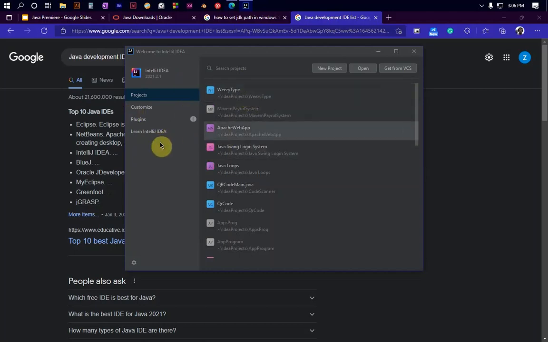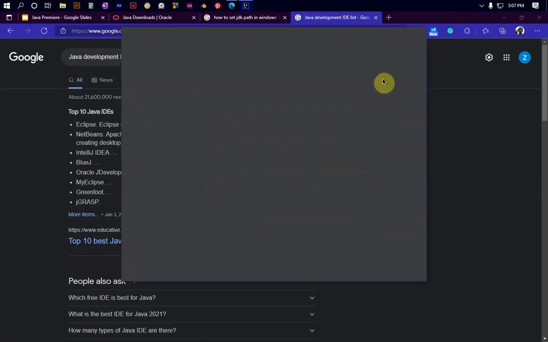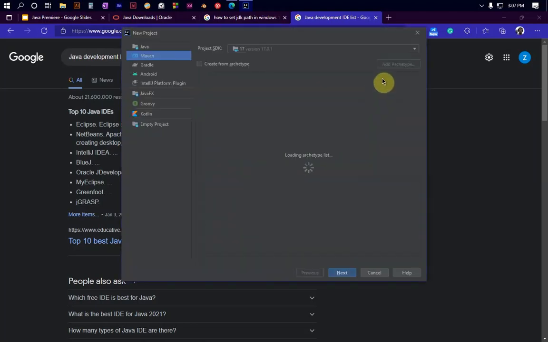So this is the home page of the IntelliJ IDE, in which we are going to be creating our code, right? For you to be able to use IntelliJ, you go to this new button and then you click on new project, where it says new project. You can click create a new project, or you can open an existing project, or you can also open a project that is maybe on a remote